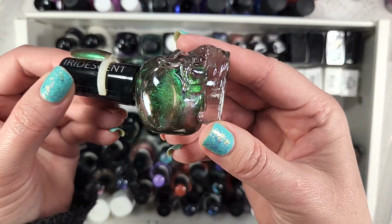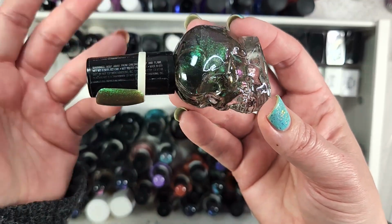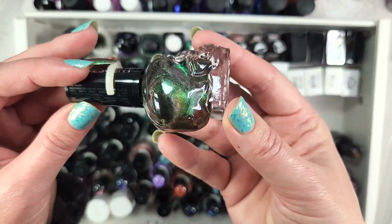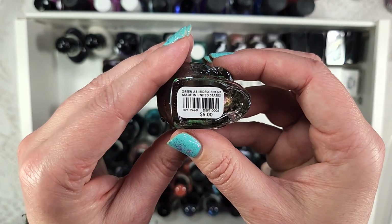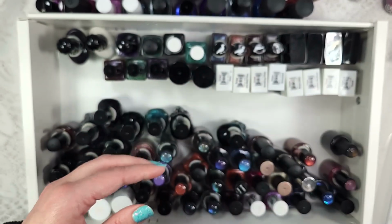I haven't been back since. But in any case, I do have some of these skull bottles from the brand that they used to sell, which was Black Heart Beauty. And this one is called Green AB Iridescent NP. I will say their names were very uncreative